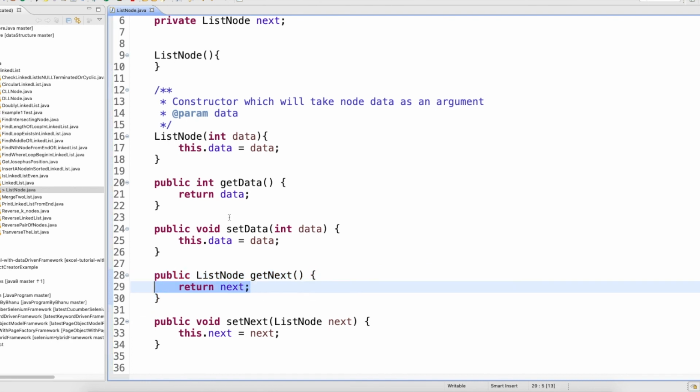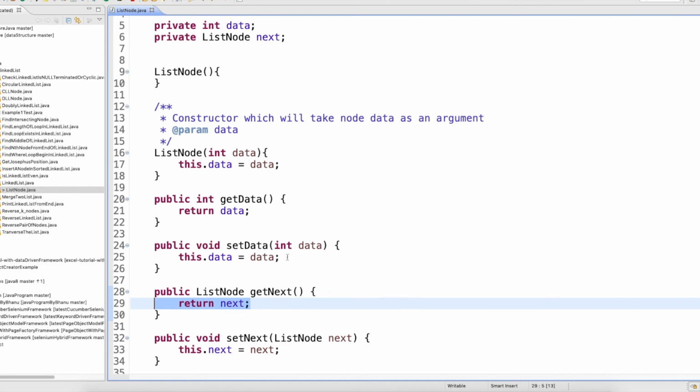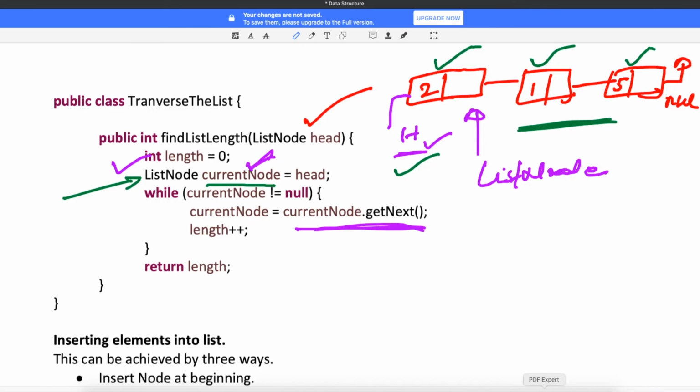On whatever node you perform the operation dot get next, it is going to give you the second node. Why? Because every node has the reference of the second node. So when you say get next on this, it will give you the data 1 here. So I'm doing get next and I'm doing length plus plus.